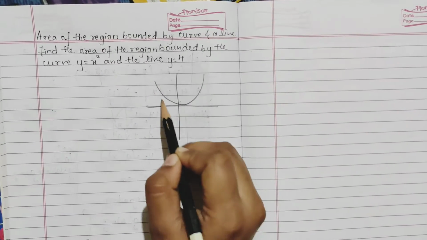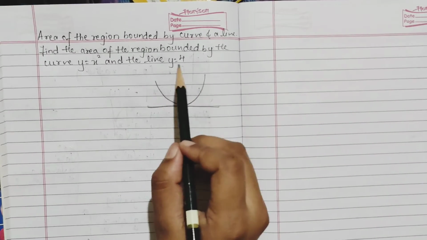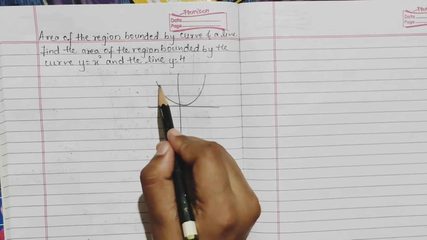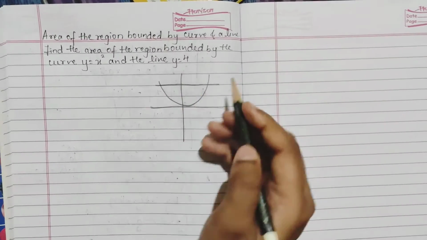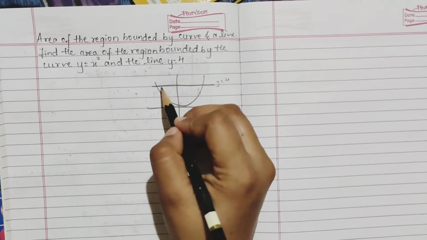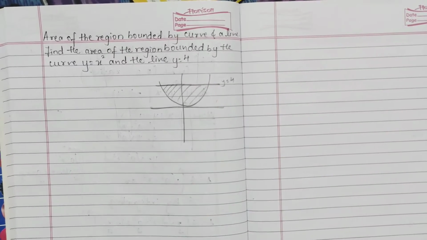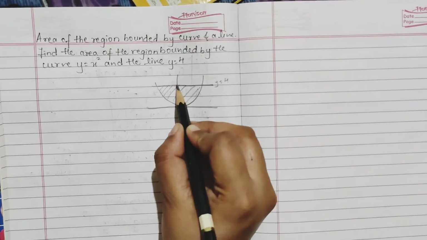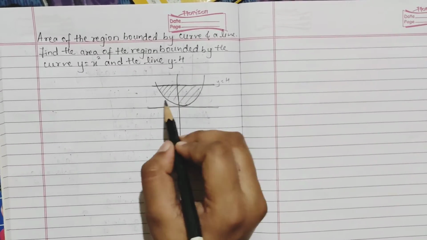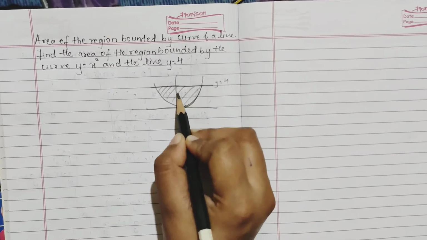So your curve will be to your y part. So this is your y is equal to x square and the line y is equal to 4. y is equal to 4 means it is parallel to the x axis, right? The line comes here, y is equal to 4. Now you have to find the area of this curve. To find the area of this curve, how will we do it? We will consider one part. You can see it is symmetrical, so twice the area of this part. So we will consider first only this part and we will draw it.